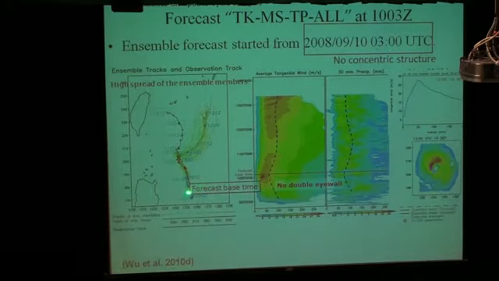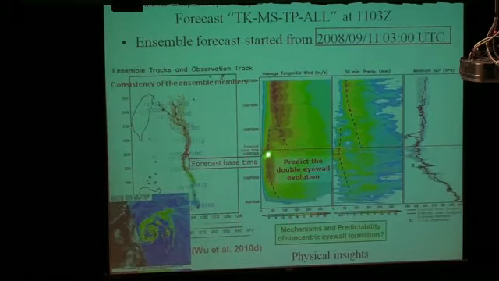And one key feature is that if we stop the assimilation earlier, actually all the ensemble, 28 ensembles, were not very good in capturing the track, and there's huge spread in terms of ensemble members, and also there's no concentric eyewall. But if we have more data assimilated and let it go, we will see a much better forecast, with very reduced ensemble uncertainty. And plus, we can also see the concentric eyewall feature.